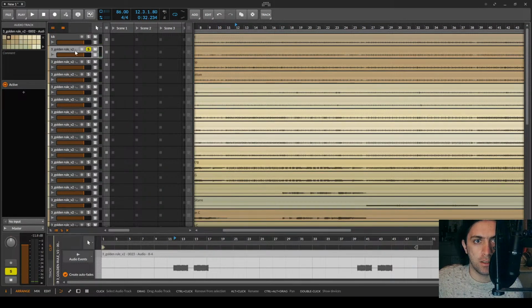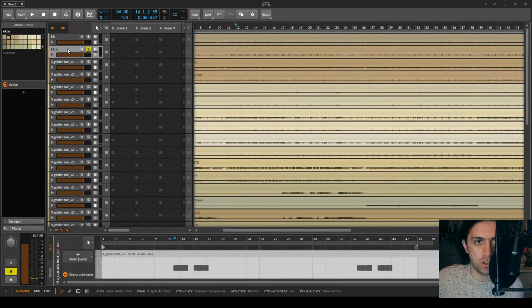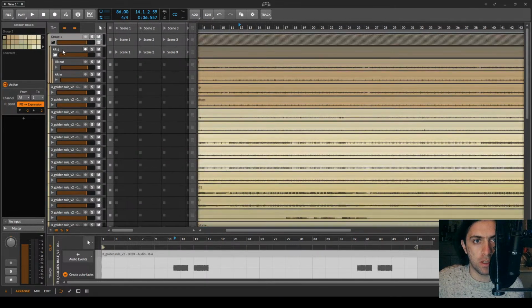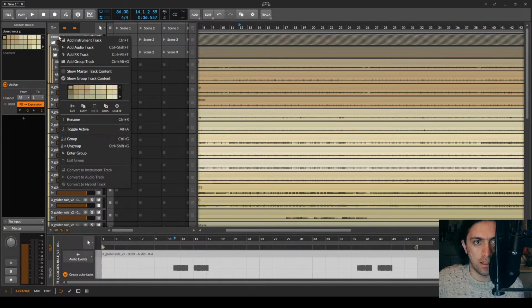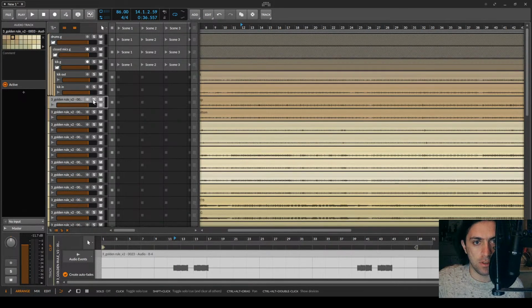Okay, that's definitely a kick. So this is kick in. Okay, I actually call them kick out and kick in. Close mics and stuff. So I already know that these two will belong into a group that is called kick, and that kick will belong into a group that is called closed mics G, and that closed mics G will belong into a group that is called drums G. I just already know that this is going to happen.